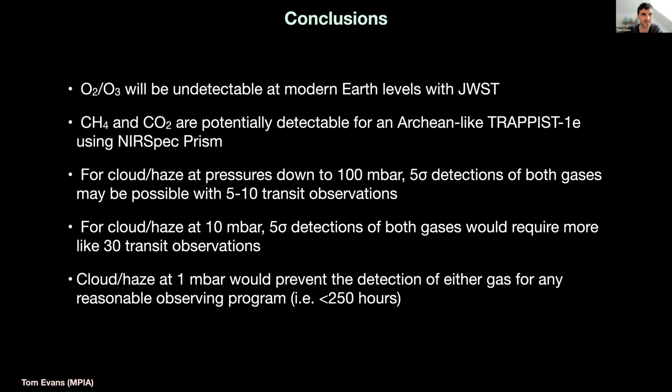If it happened that TRAPPIST-1e has a 1-bar Archean-like atmosphere, would we have a hope of detecting anything, and how many co-added transits would we need to see that? I've got to say, I think if those assumptions actually held, we would hit the jackpot. It would be virtually miraculous if that's actually what the reality is.